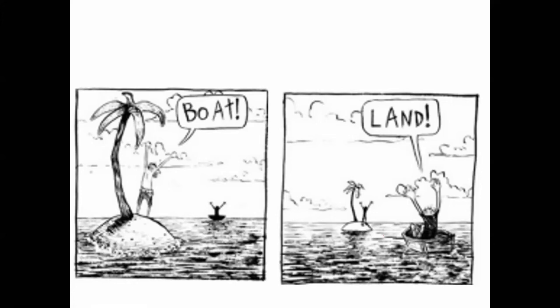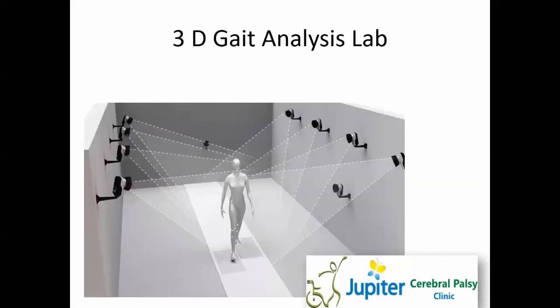The person on the boat goes on the land, again it's a similar situation. So it's important to realize that we should not, in CP, go from one trouble situation to another trouble situation. A child who's walking with crouch, someone does unjudicious hamstring lengthening, and he becomes dependent on walker, dependent on KFO. It's not a good situation. So we always want to go from a not so good situation to a good situation, and that can be done only when we learn to see things properly.